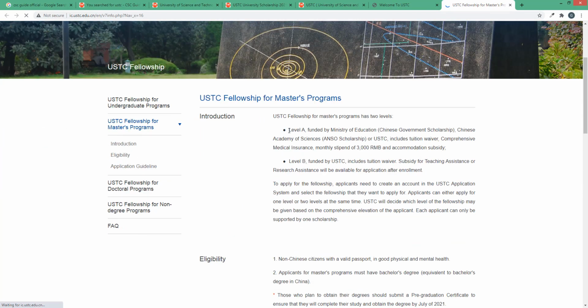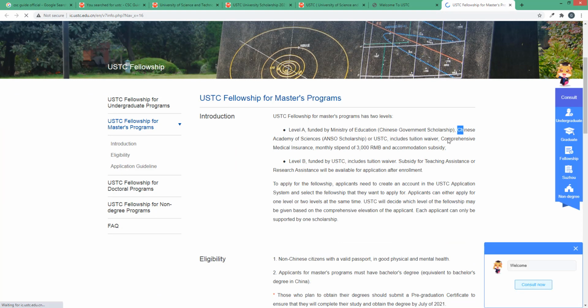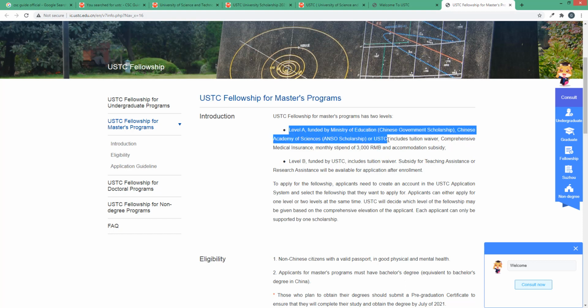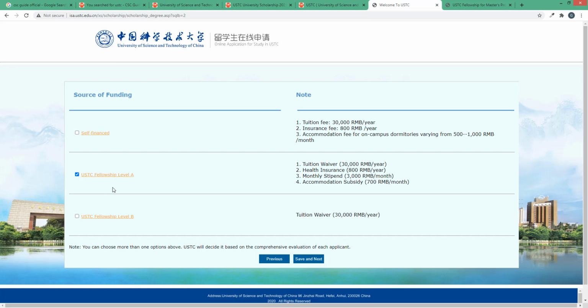You can see level A, funded by the Ministry of Education, Chinese government scholarship, and Chinese Academy of Sciences ANSO scholarship, and USTC scholarship. Okay, and the monthly stipend is 3000 RMB, the same. This is covered by all these ministries, which offer scholarships. So don't worry about this. When you click on this option, your application will be considered for all scholarships.